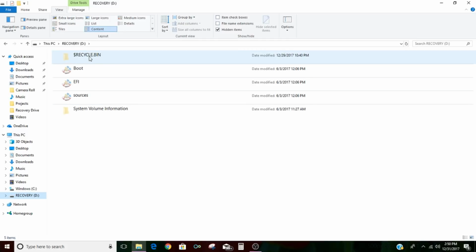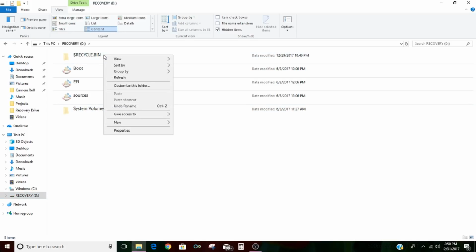What you want to do is, after you've opened up each file folder, gone to properties, and found out how much space is taken up, whichever folder you found is taking up a lot of space, a really large file, I want you to right click that folder that you want to move to the C drive, and I want you to